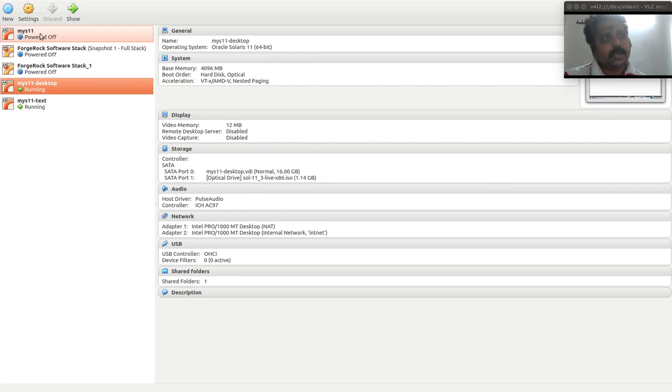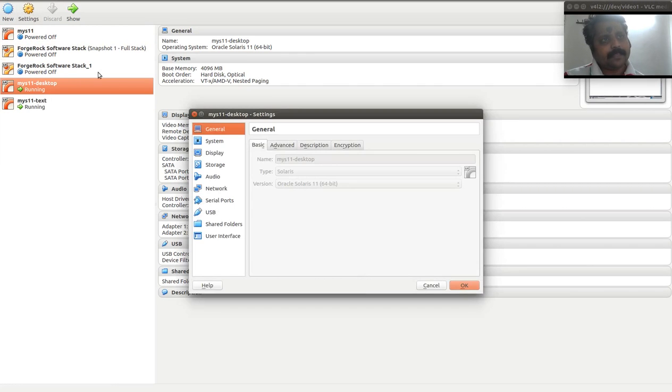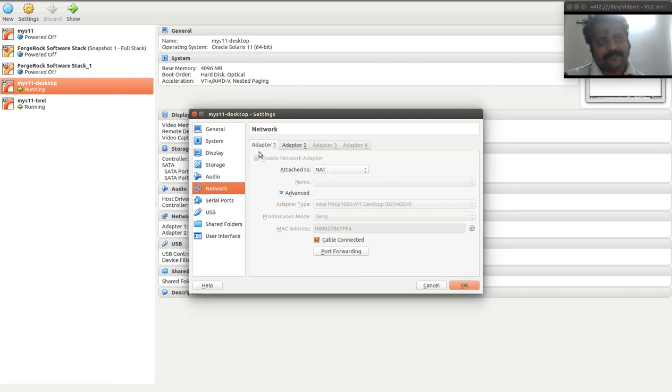I can just go to the S11 desktop here and show you that the networking is NATing for adapter 1, that was to gain access to the outside world through the host machine, which is Ubuntu in my case. For this demonstration, I have also enabled adapter 2, which happens to be net1 in Solaris 11, and that is going to be an internal network.